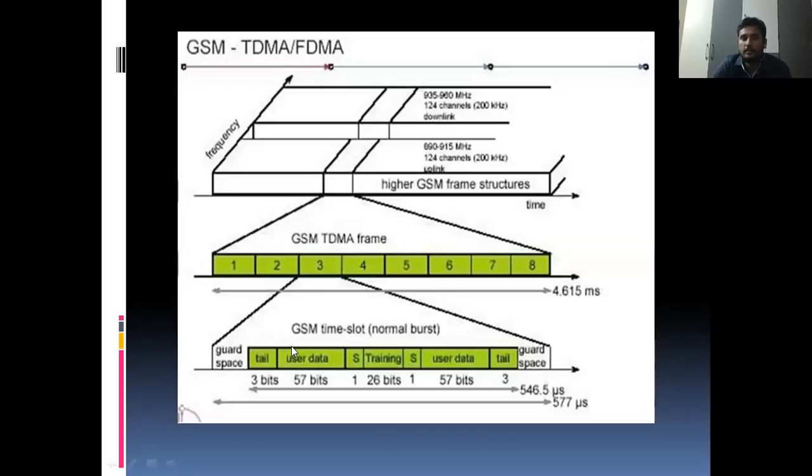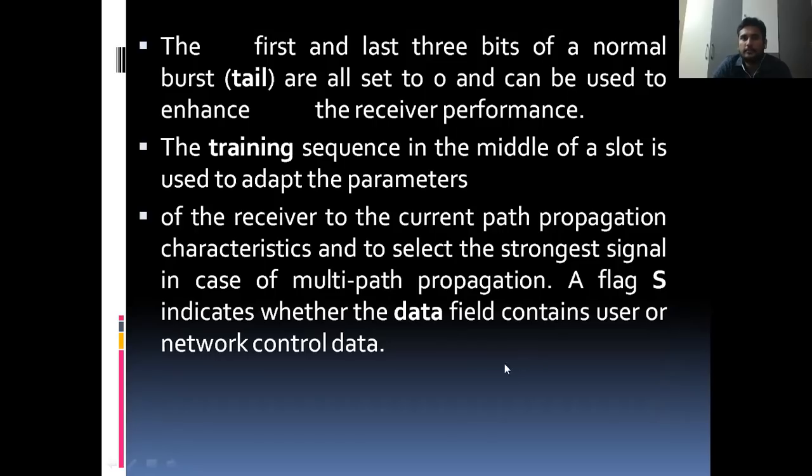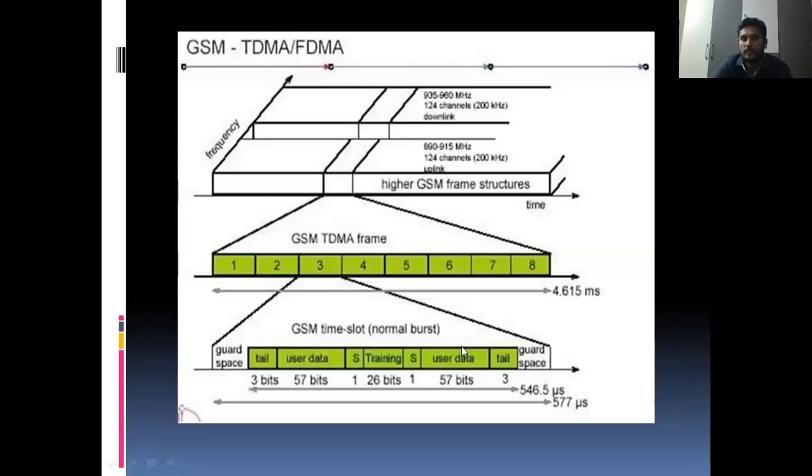The training sequence of 26 bits in the middle of the slot is used to adapt the parameters of the receiver to the current path propagation characteristics, and to select the strongest signals in case of multi-path propagation. A flag S indicates whether the data field contains user data or network control.